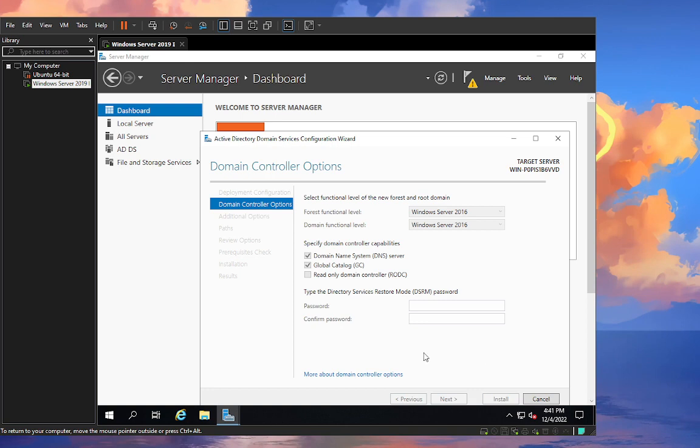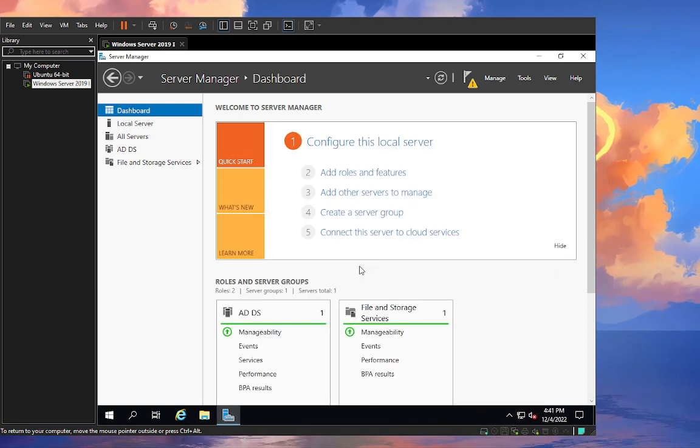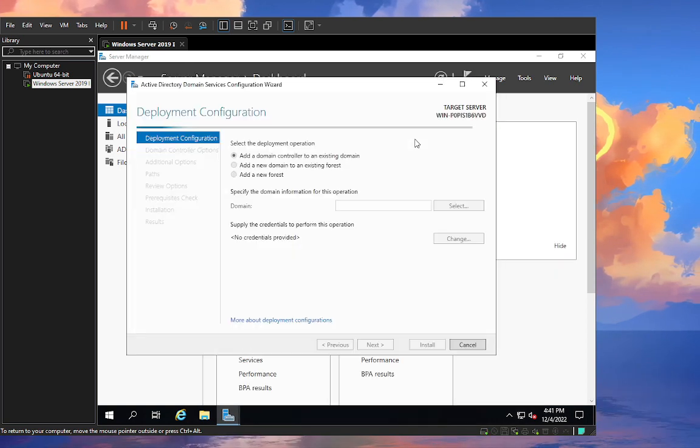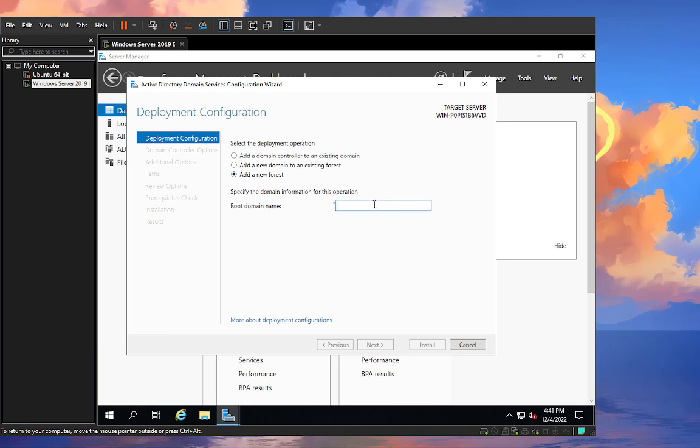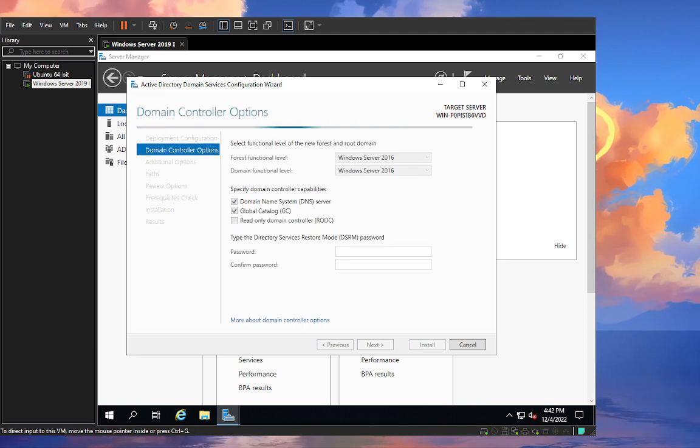So when we log back in, instead of logging in as just administrator, we're logging in as test/administrator, because test is the name of our NetBIOS name, which is part of our fully qualified domain name of test.internal. So what it does is it takes the first part of your fully qualified domain name of test.internal, and it takes